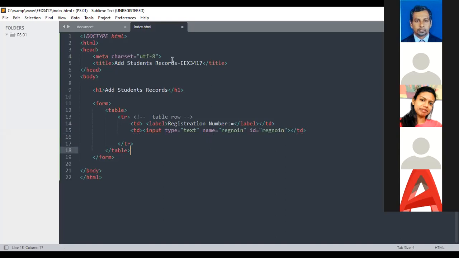Later on, we are going to create a connection between this HTML page and the database. At that time, we call this registration number text field using this ID, right? That's why we are having IDs here. So I will save this